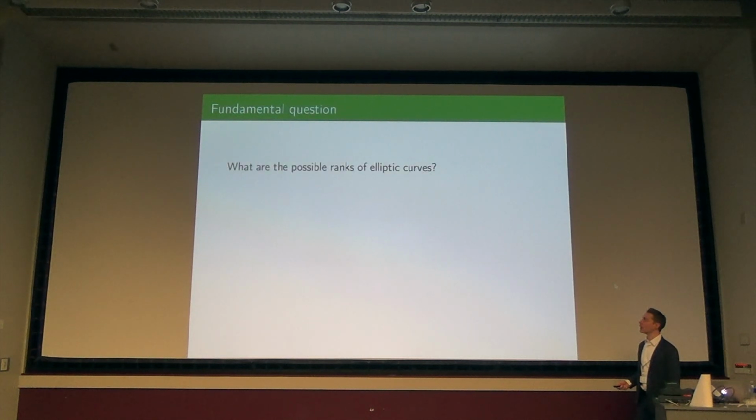Okay, so now, if I've kept you this far, what are the possible ranks of elliptic curves is now my precise question that I hope I motivated and I made it well defined. So like when is the rank 0 or 1 or 2, we want to predict that. I don't have an answer. Sorry. But I will provide you a heuristic, which is better than an answer? No, all right. It will maybe help us to find an answer, is what I hope.